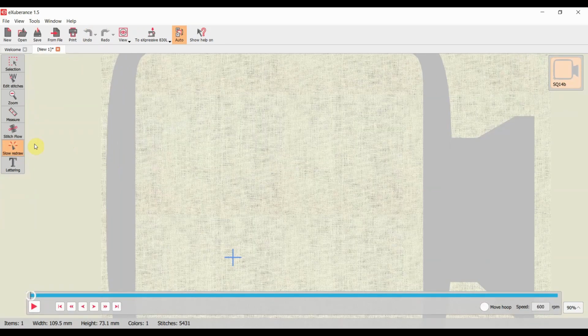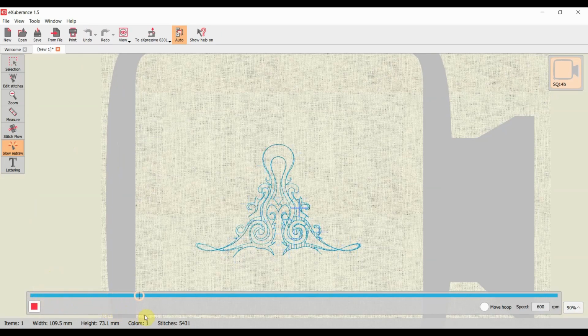Now, one of my favorite tools is this little redraw, and once you push it, the machine slowly redraws the mock-up of the embroidery exactly how the machine would do it. So here, let's do a little bit of a speed up, and here you can see how the design is being born in the mock-up version. It's really a good tool,